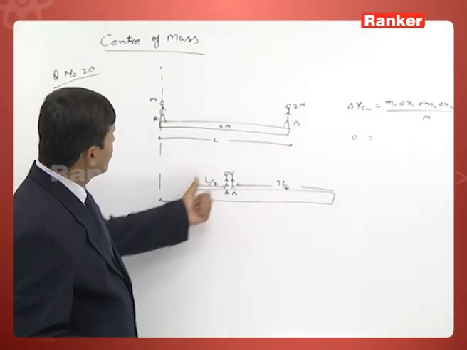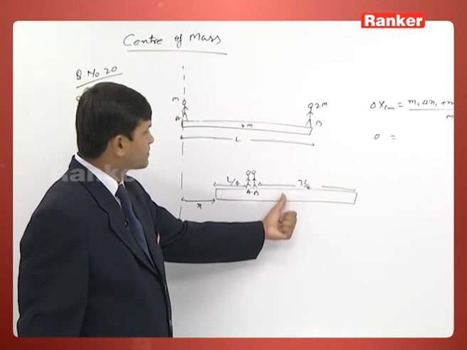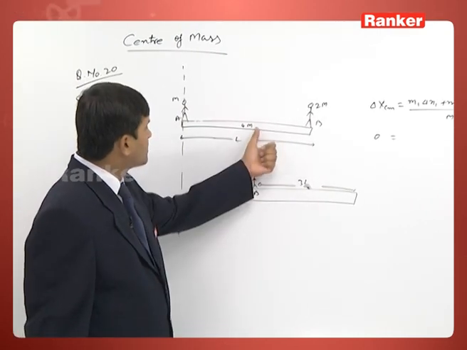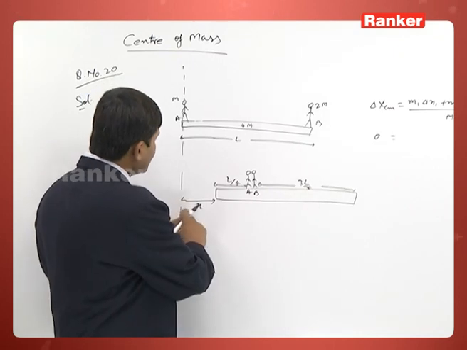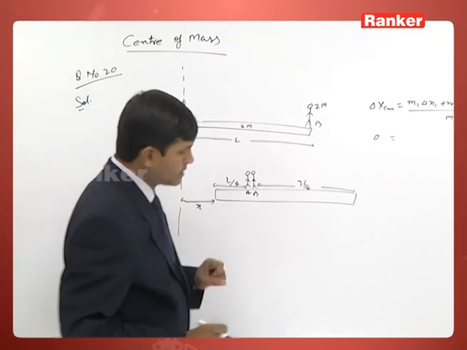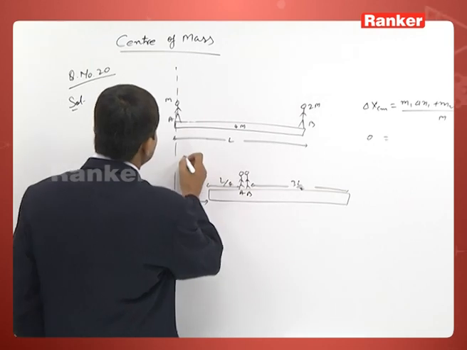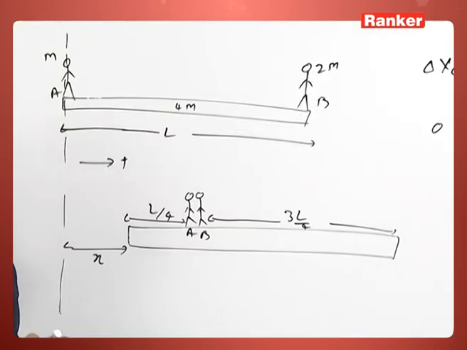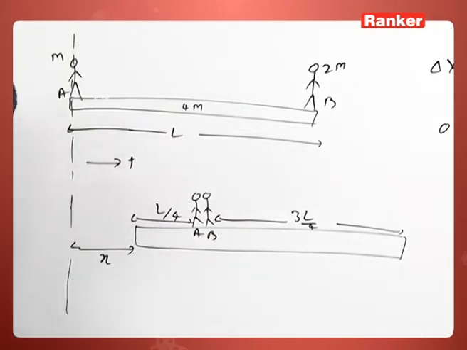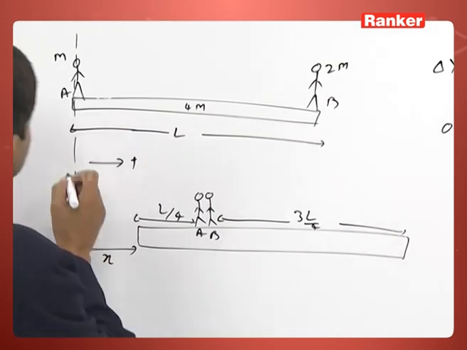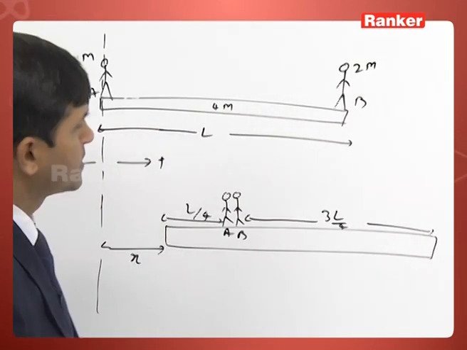For m1 we can say mass of the boat is 4m, and displacement of the boat is x. The center of mass, that side we can say let it be positive from this,